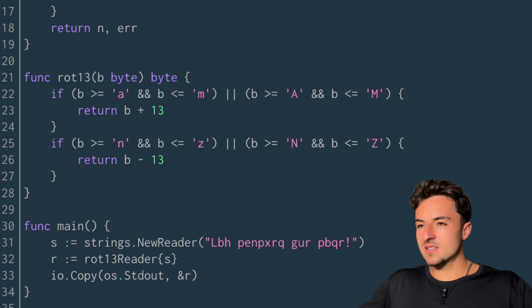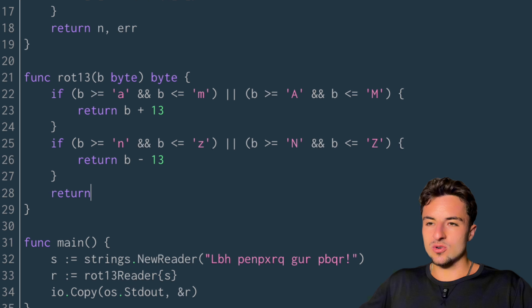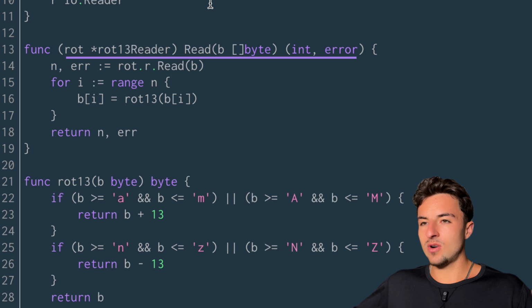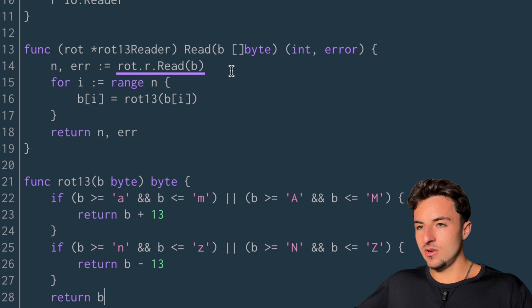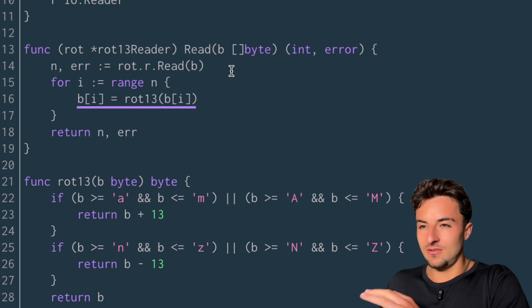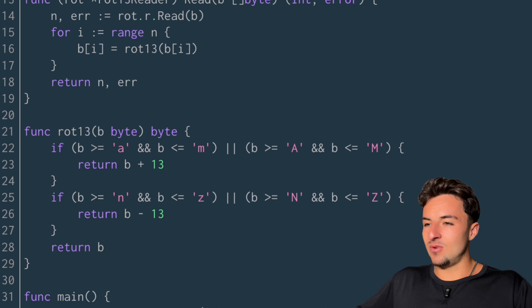Now, if neither of these conditions are true, we will simply return the character as is. All right, so we've given our rot13Reader a Read method, which calls Read on the underlying reader. And then for every single byte read, b gets reassigned the shifted or rotated new byte via the helper function. Now, when we run this code,